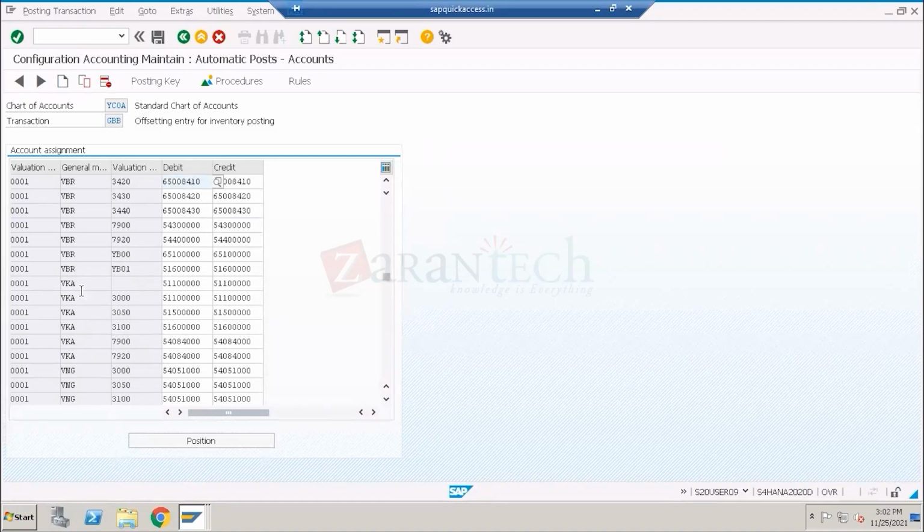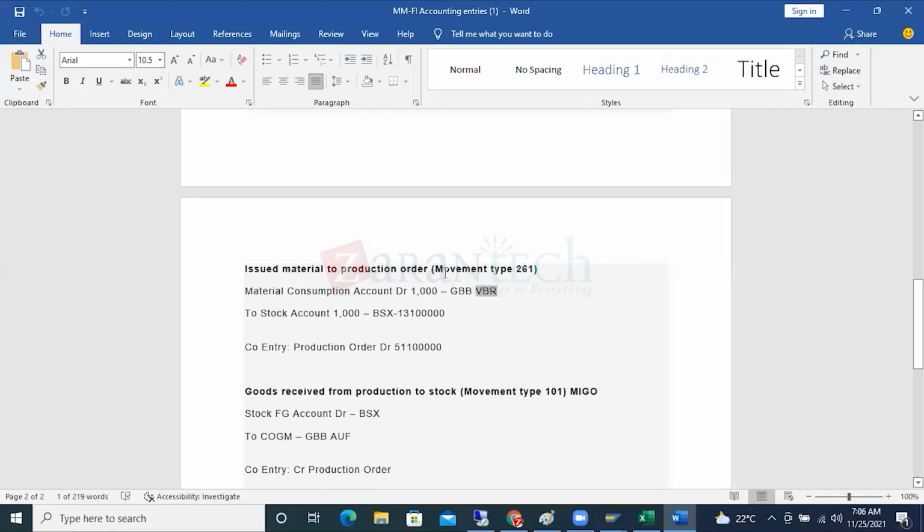Here in the BBR, you need to go and see which is the valuation. So 13100, this account is getting debited. BBR. All of you have to remember this point, very, very important. This is going to be called a transaction key. Under the one transaction key, all of these are going to be called general modifiers, depending upon the nature of the transaction you are